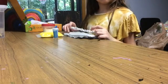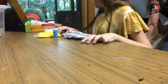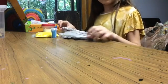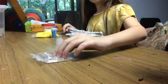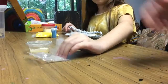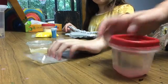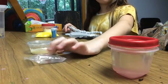No, the last round is the extra help or downfall round. So we got magical liquid. This could be your extra help or downfall. It could be extra help for me if I find it because I could still have a clear slime. But it would be a downfall for a white glue because it would be kind of rubbery. And then this could be helpful or a downfall for clear slime. And then water. This is magical liquid, and then we could do water